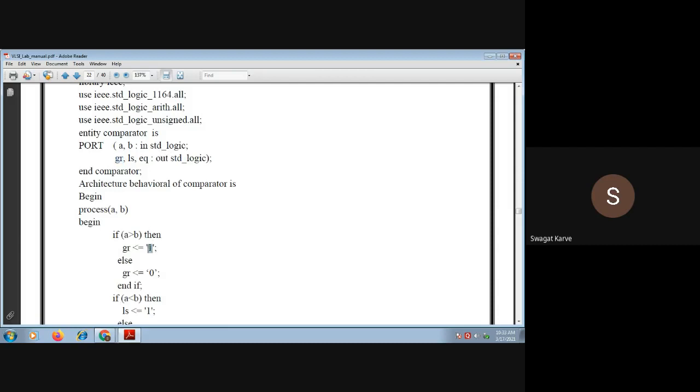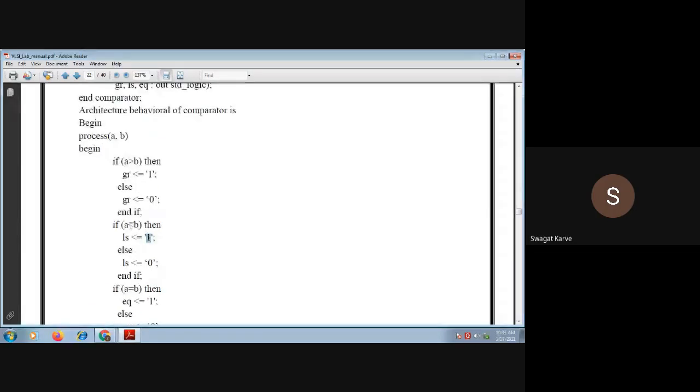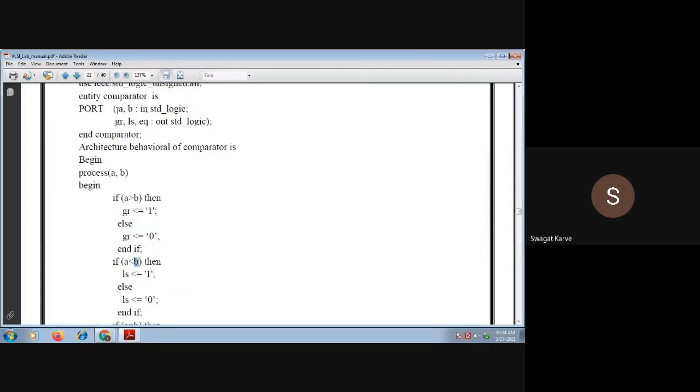Which bit gets set? You can easily identify. Okay, if greater is set, then you can identify A is greater than B. If the less bit gets set, you can identify A is less than B. A and B may be of any bit number. It may be 2-bit, 4-bit, or 8-bit, depends, right? So the only change that you should make is in this statement. That's it, and you can write code for an n-bit comparator. N can be anything, but not infinity, right?